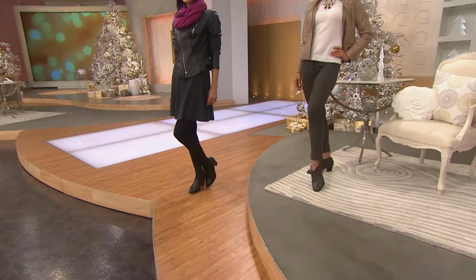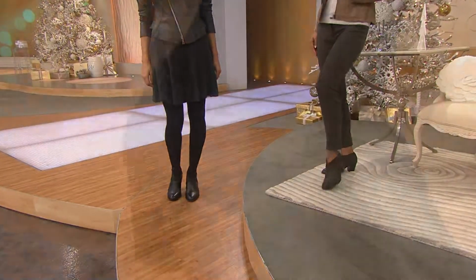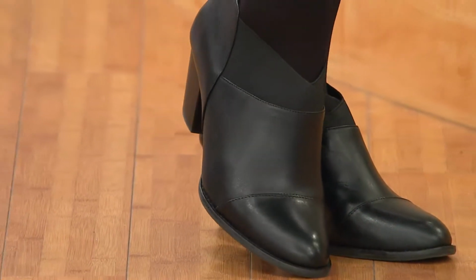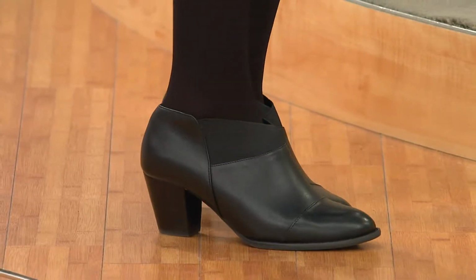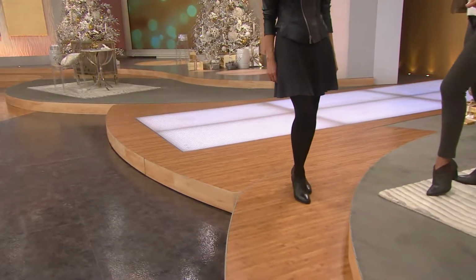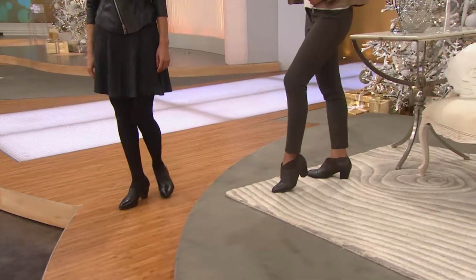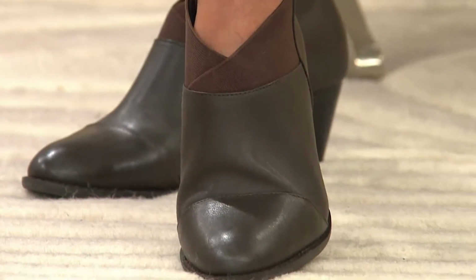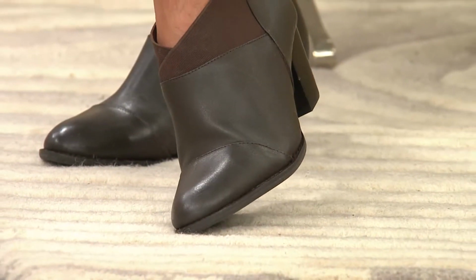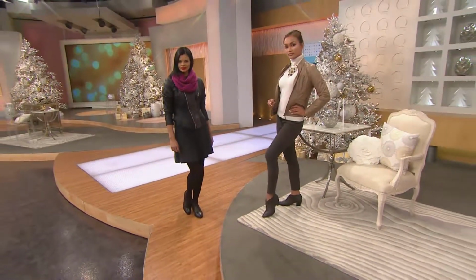And again, for 2.5 years, they really have been that brand that we are thanking left and right and over and above, because they have changed the way that so many of us now can shop and, more importantly, wear shoes. So these are new this season, just in time for all those holiday parties and all of those special invites that you're going to start to receive when you need a heel. And remember, this whole ankle idea is huge right now in fashion. This is certainly the shoe for you. And there's something about that goring. Yes, it's comfortable. It really makes the shoe stretch around your foot, but I love it as a design element too. Absolutely right. It gives that sort of mixed media look to the two different